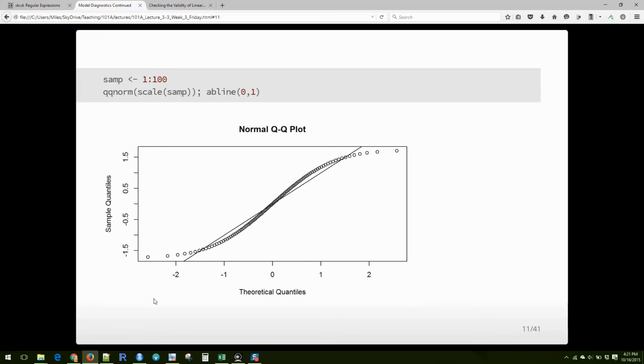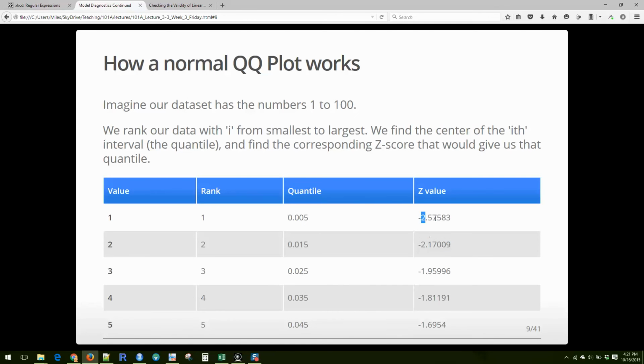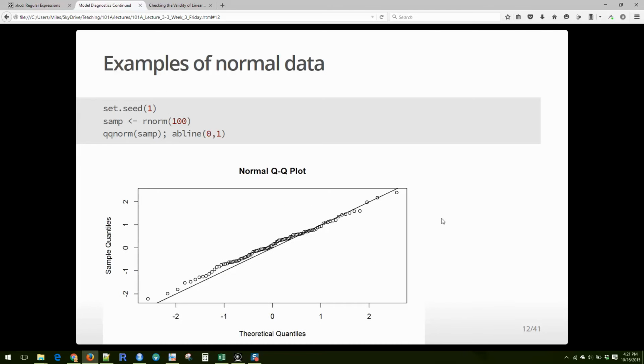Is that all right? QQ norm, and then whatever other distribution, you would just find the quantiles and the corresponding beta score or whatever that would give what you want. Okay, so I just want to show you some examples. Here I'm taking random samples of 100, and we're going to see how closely these fit a straight line. The answer is sometimes closely and sometimes not that close,